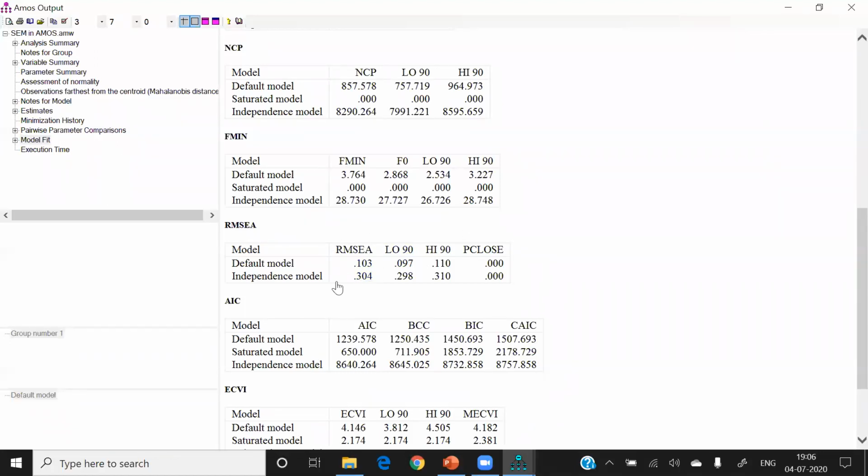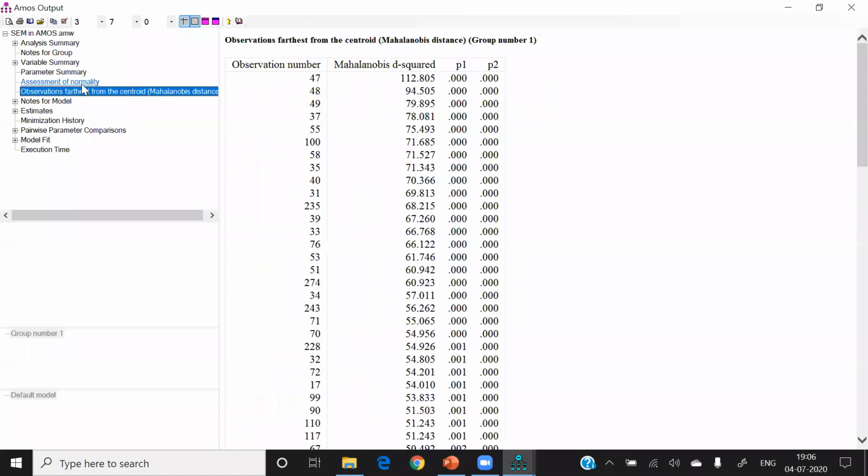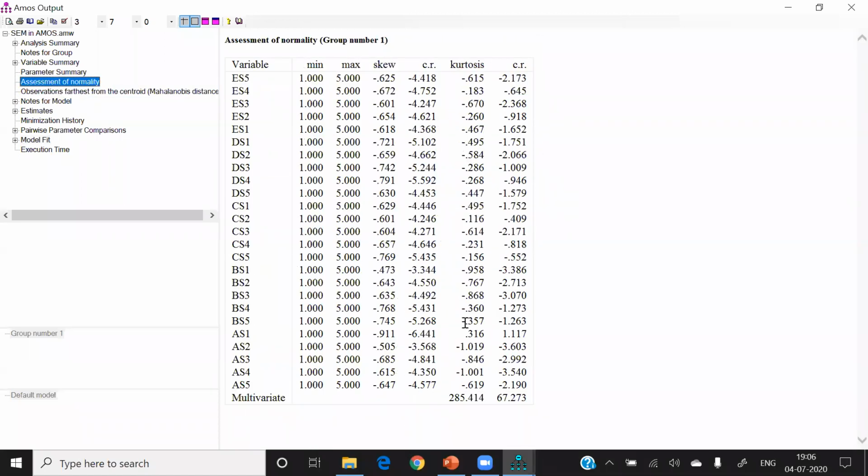And actually, you may be thinking, what is the problem of this high RMSEA? One of the problems of this high RMSEA and low CFI is actually the normality, because the kurtosis is very high. So sometimes because of the absence of normality, you are having all these kinds of problems.